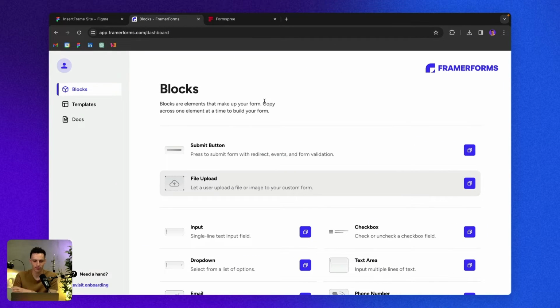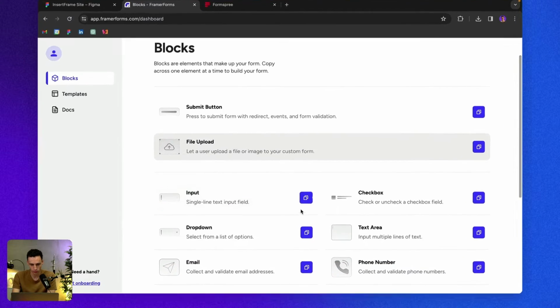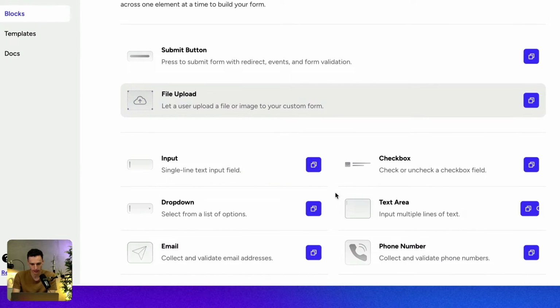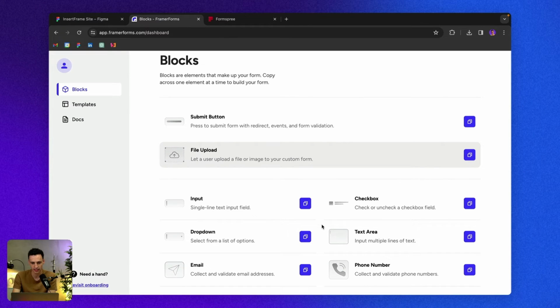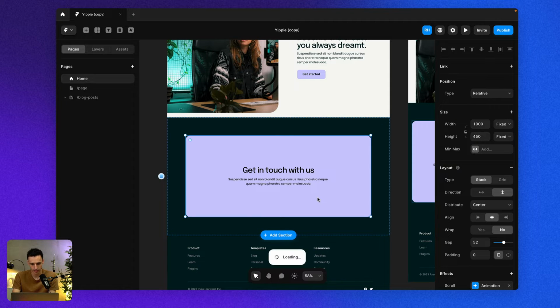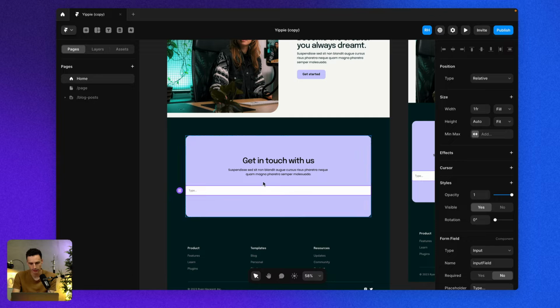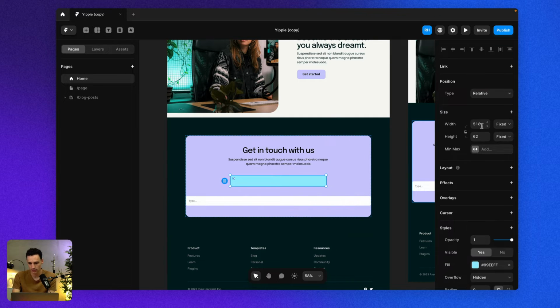Let's go. Okay, so the first thing you need to do is go to framerforms.com and get your account, which is a tool that lets you build unlimited and custom forms inside of Framer. And then all we need to do is go ahead and copy these components that we need and start styling our form. So all I need to do is paste this component in here, and let's put it inside a